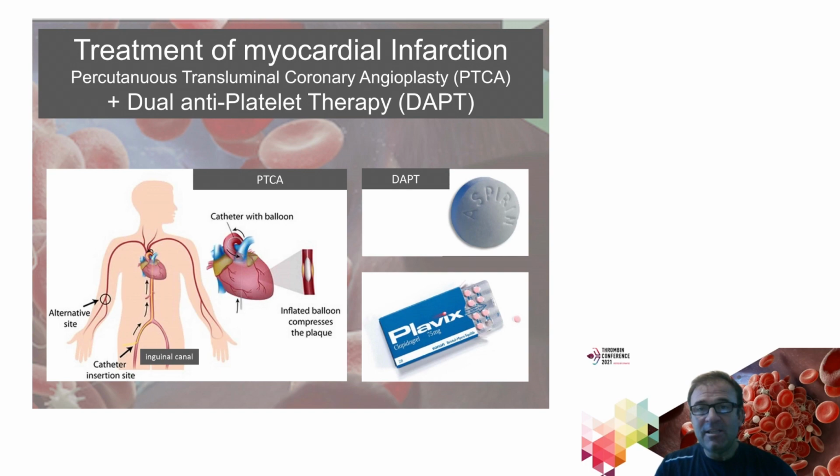In Western societies, the most effective quick treatment is in the hospital, in which you give the patient a percutaneous transluminal coronary angioplasty, which is also called PTCA. What you do there is you insert a catheter in the inguinal channel, and through the aorta you go into the heart arteries, and you follow the right arteries to come directly to the spot of the coronary artery which is occluded. The catheter has a balloon, so if you are on the right spot, you can blow up the balloon, and the balloon places a stent, and the stent keeps the artery open.